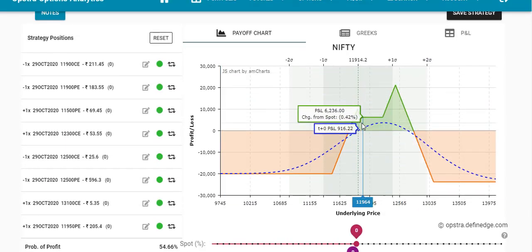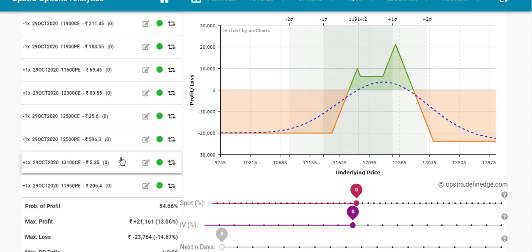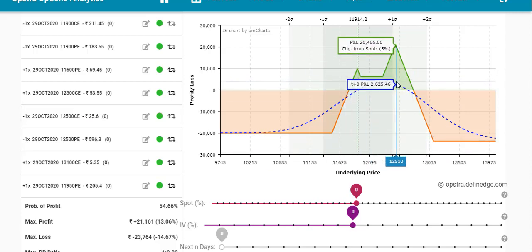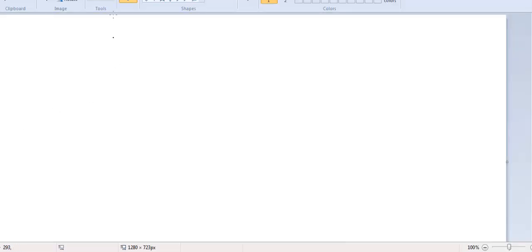So guys, you can see the new payoff graph as of now. Here the premium is a bit high for the put, and for the call it's low. That's why it's showing this kind of graph. Or else, when you create this strategy and do the adjustment, I will show you how it will look. Let me show you. It will look a little bit like this,